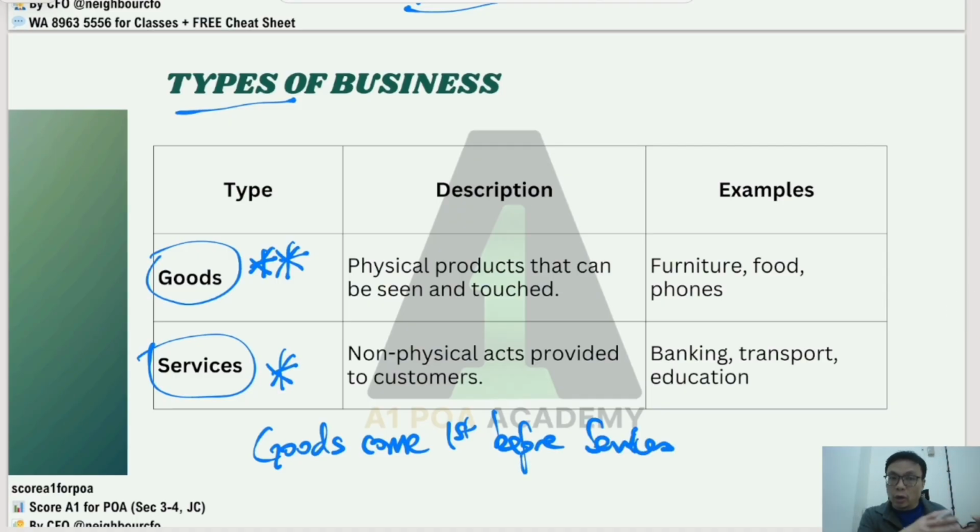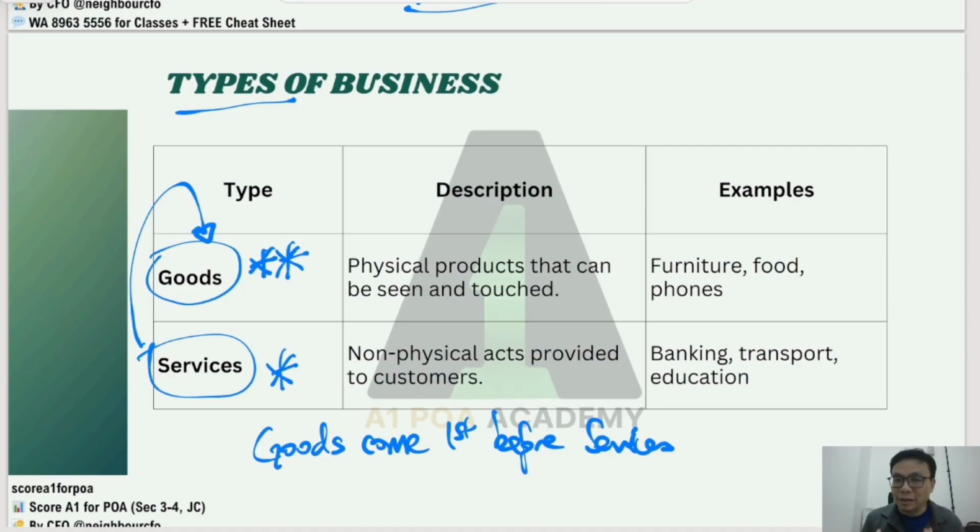The whole entire economy of the country, or even the global economy, are all driven by goods. People need to buy goods for whatever reason, right? To fulfill or satisfy their needs and wants. And with all these goods, you will need to have businesses. You need to have profit organizations that help to provide services to complement the goods to make sure that these goods will be able to deliver smoothly to the doorstep of the consumer.